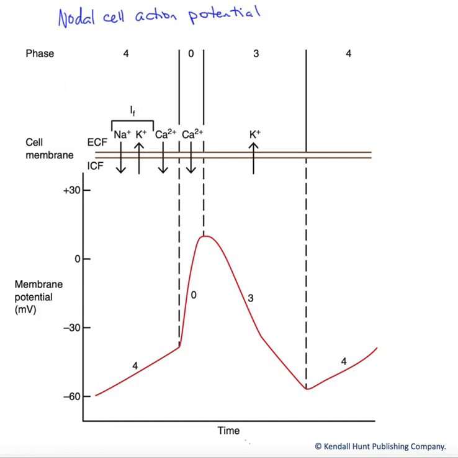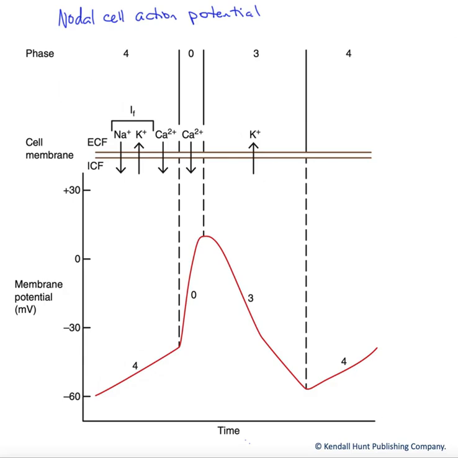Graph, we want to look at the nodal cell action potentials. And these are the cells of the specialized conducting system of the heart. The cells that initiate depolarization, the stimulus for the entire heart to both depolarize and then contract. And we're going to look specifically at our SA node cells, as these would be the cells that are the